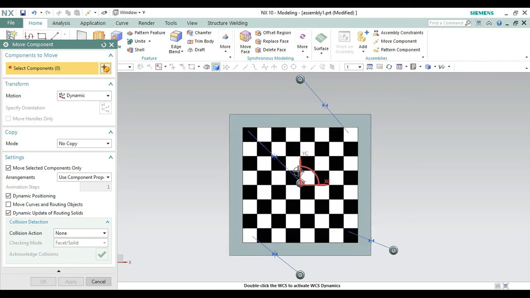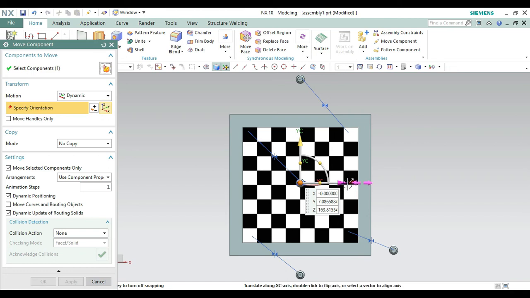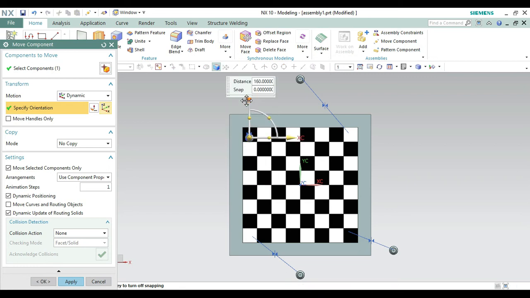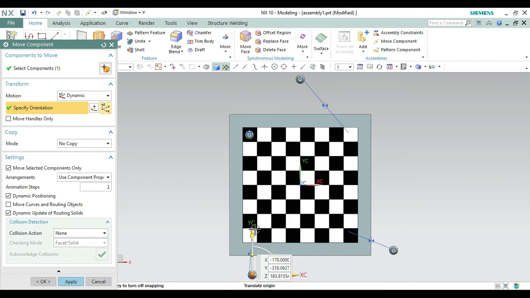This line shows that they are constrained with this face. So from here, specify the orientation, taking it to the x-axis, let's drag it. Taking it to the y-axis, let's drag it to something here and make that apply. Similarly with this, let's take this one, let's drag this, and we can also take it near equal. Okay, always try to make it in the center so every chess piece will look perfect. So from here, make it apply.